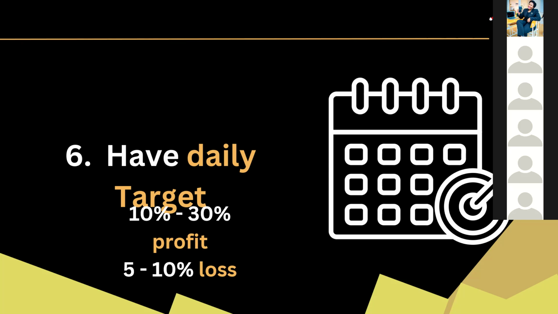At least make 10 to 30% of your equity per day. That's advisable. And when you make these targets per day, you are done for the day. And make 5 to 10% loss per day. And when you make that, you are done per day. What do I mean? If you have a $100 account,